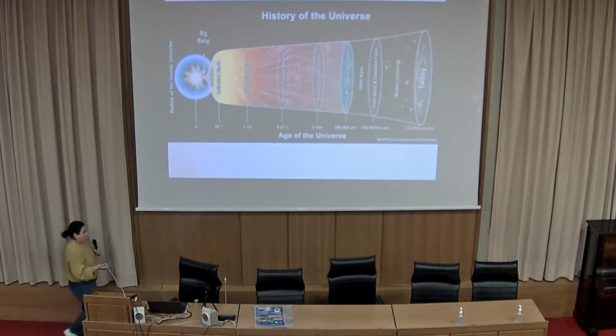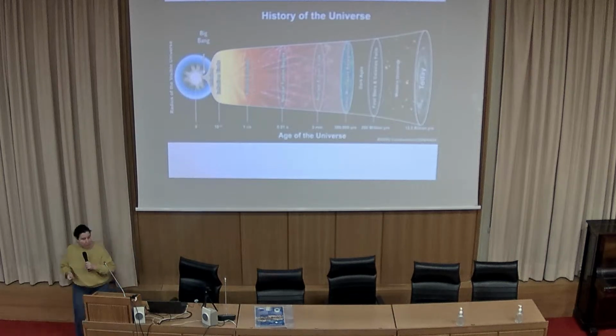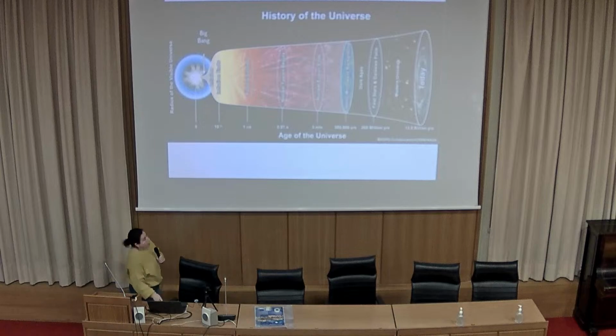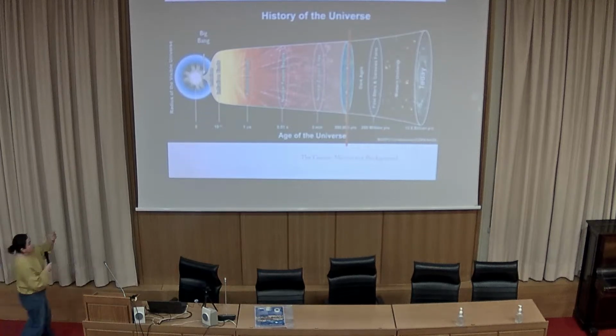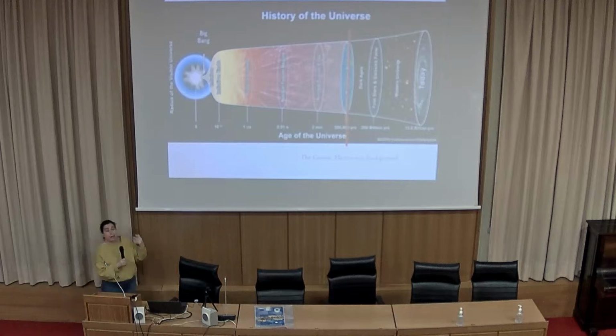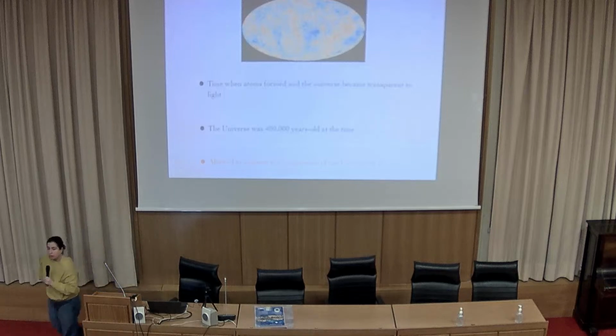Eventually, protons formed, atoms formed, and galaxies formed, and here we are 10 billion years later. Now, a special time is the time where atoms form, and this is when the universe became transparent to photons. This happened when the universe was about 400,000 years old,